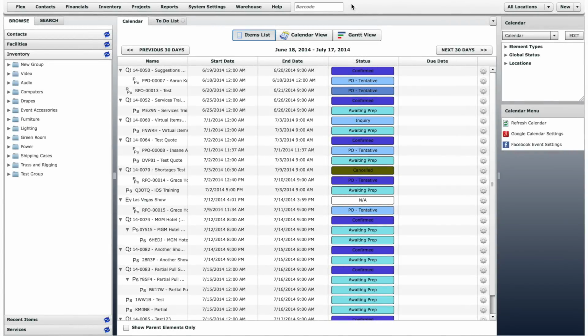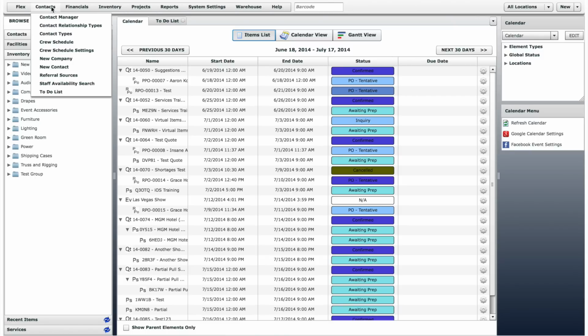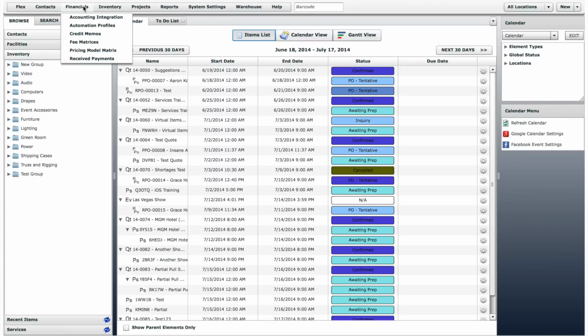In this demo, you have seen some of the basic features that Flex offers. There are many other basic and advanced features that you will discover as you use Flex and take advantage of our support resources. Some of these features include advanced crew scheduling and staff availability tools, integration with QuickBooks, and other powerful financial tools,